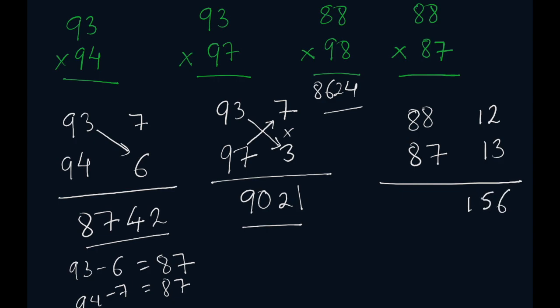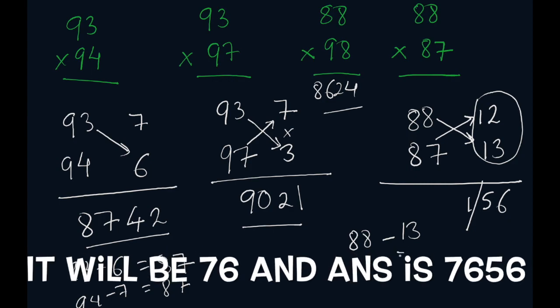This is greater than 100, so this 1 will get carried on. Now we have multiplied these two numbers, so it is 156. Now we have to subtract the numbers, 88 minus 13 or 87 minus 12. We are taking 88 minus 13. So this is 75. This carried one we will add here. This is 76. So our answer is